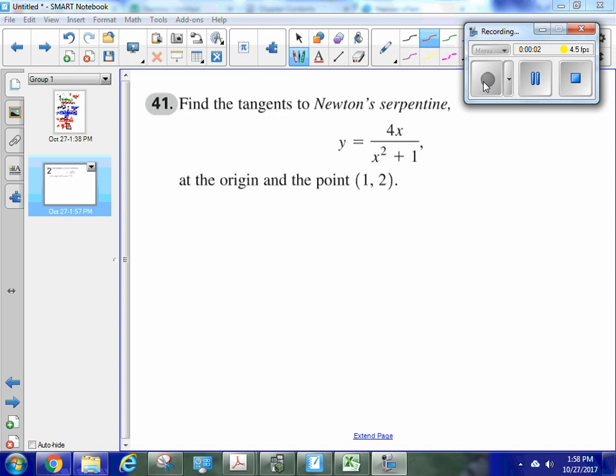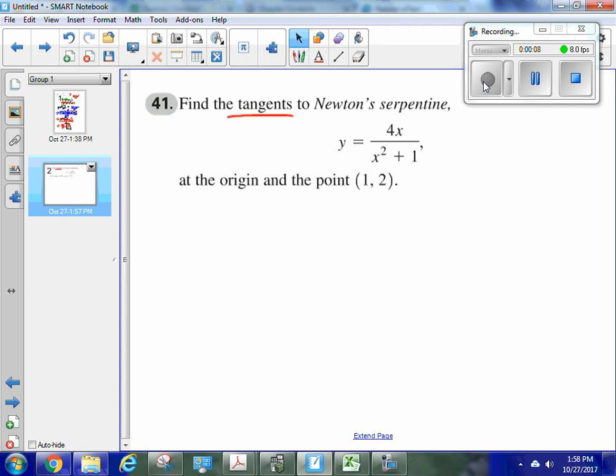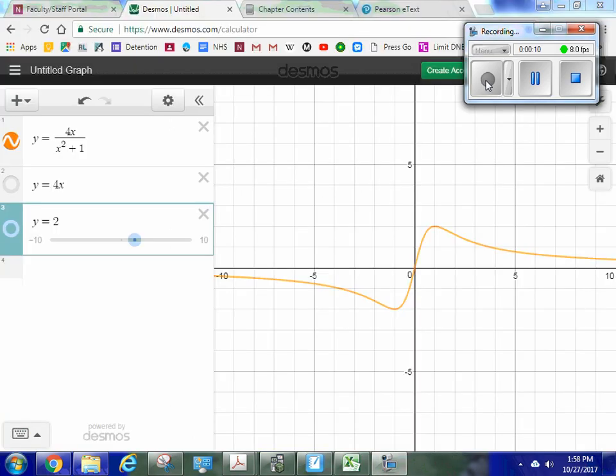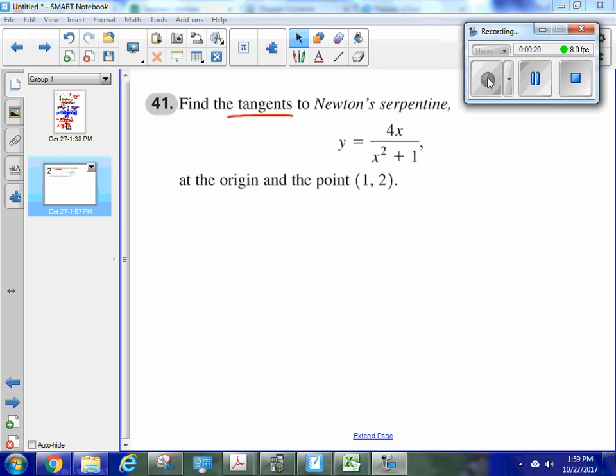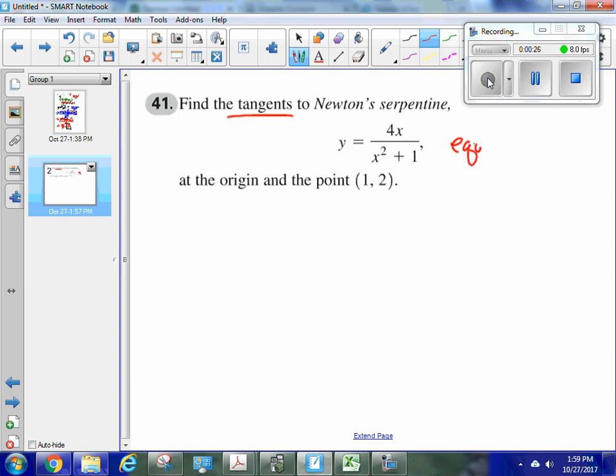This problem is asking me to find the tangents to this particular function called Newton's serpentine. And just because I was curious, I decided to graph it, and it looks like this. We'll come back to this for a way to check our work. Now, it's asked me to find the tangents, which I'm interpreting as finding the equation